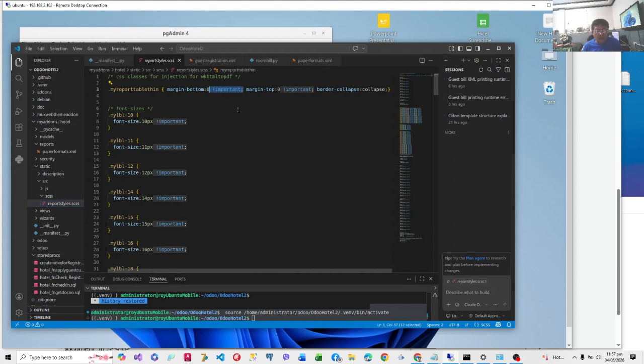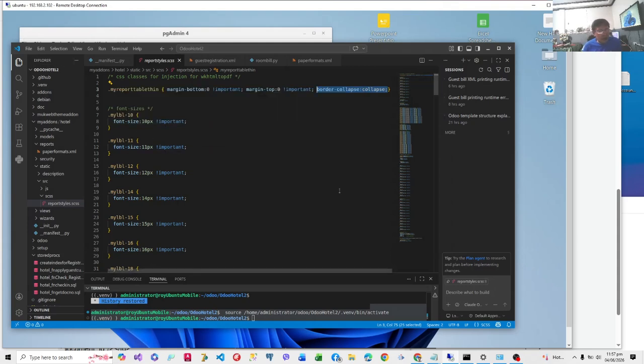So the important tag will make the CSS style the default for everything, even if it's changed later. Our tables will have borders, and the border collapse is collapse, because in a table every cell is inside a box. When you collapse the border, there will be no double boxes. Now each cell will have a single box.